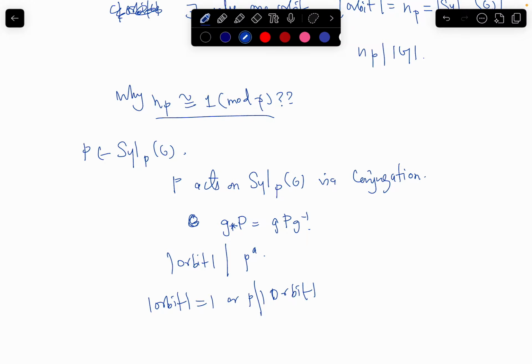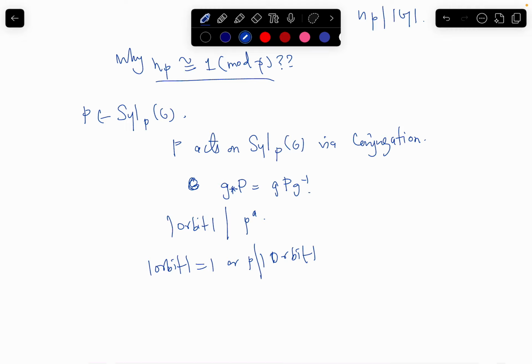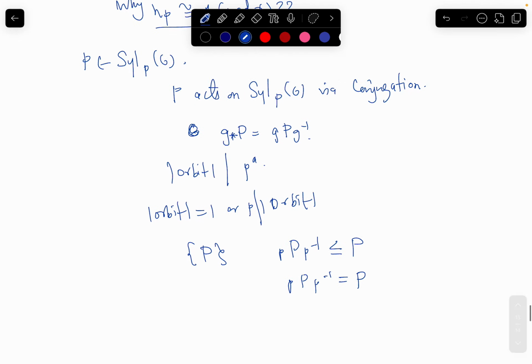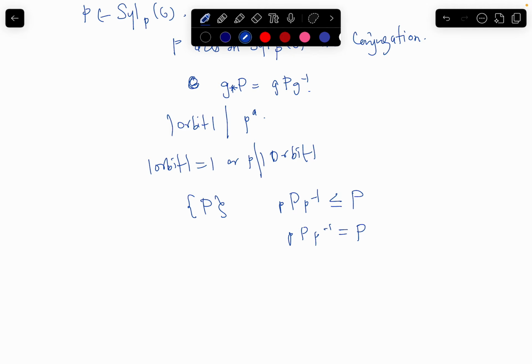That is not the case, because there is one orbit of size 1, that is, the orbit of P. You take any element p from P, so p P p inverse is again contained in P, and their sizes are the same, so p P p inverse is P,